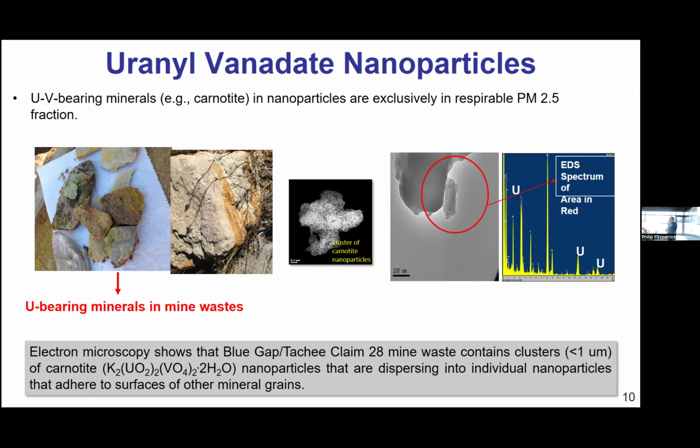The definition of a nanoparticle is that it has to be less than 100 nanometers in one of its dimensions, and you can see very clearly that there's one here that is detached, just to give you an example. When we do this elemental analysis, we also find consistency of uranium and vanadium abundance, okay? With a lot of this, we have replicated analysis and have found the abundance of this uranyl vanadate mineral called carnotite, because it's a potassium uranyl vanadate. So these nanoparticles are present.